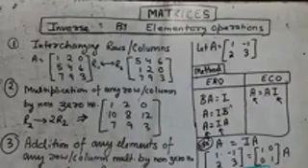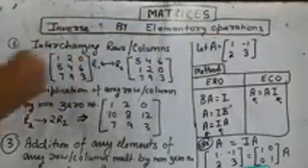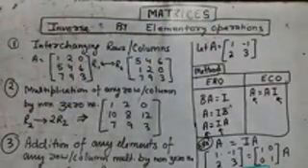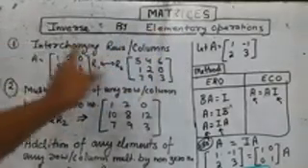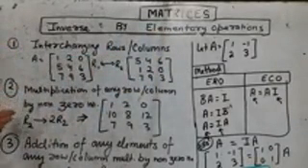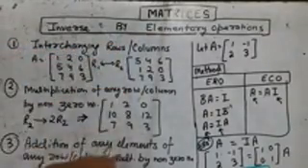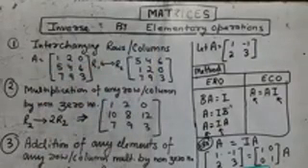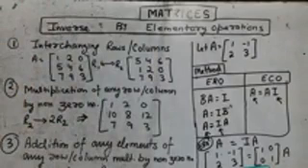So what is this topic? This is inverse by elementary operation. So what is elementary operation? First we will learn this. Then what is inverse? There are 6 elementary operations, 3 for the rows and 3 for the columns. Application is the same, so we are discussing row operation here only. In any question you can apply either the row operation or the column operation.